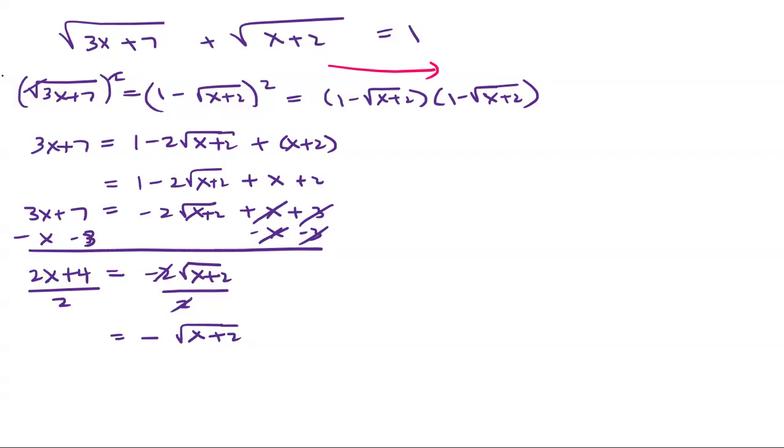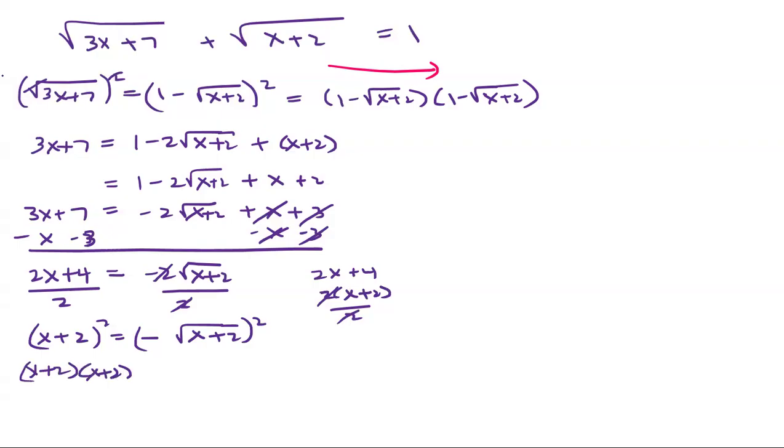And then this is going to reduce, right? Because it's going to be 2x plus 4, and it'll be 2 times x plus 2, okay? And then if divided by 2, then the 2's are going to cancel. So this here is going to leave us with x plus 2, okay? Then I'm going to square both sides. And so the left side here, again, this is saying x plus 2 times x plus 2, okay? And when I multiply that out using the FOIL method or whatever method you like, we get x squared plus